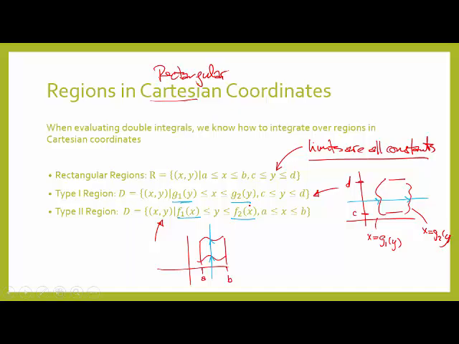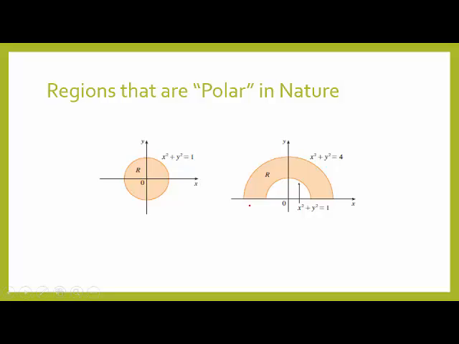Now the question is, what if we had more complicated regions, or more directly towards what we're talking about today, what if you had regions that are polar in nature? Okay. Now, the first example over here is something that we could probably handle in Cartesian coordinates. So let's say for this one, in Cartesian coordinates,